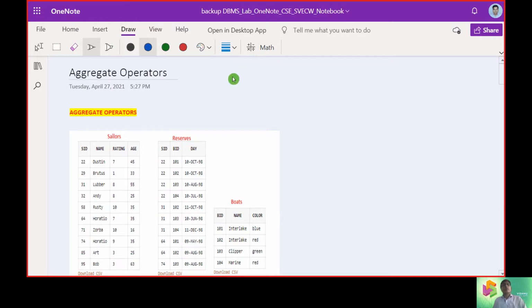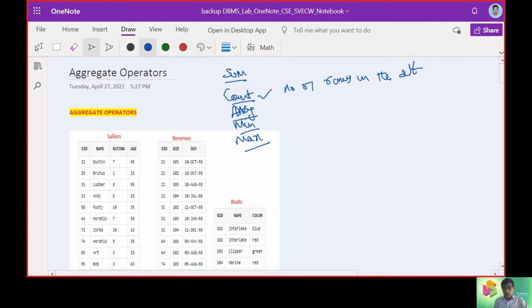Some of the aggregations are sum, count, average, min, and max, which model some mathematical content. Count gives the number of rows in the table.